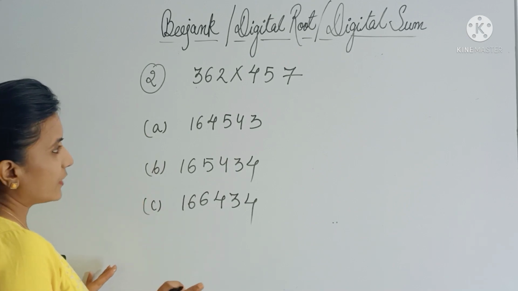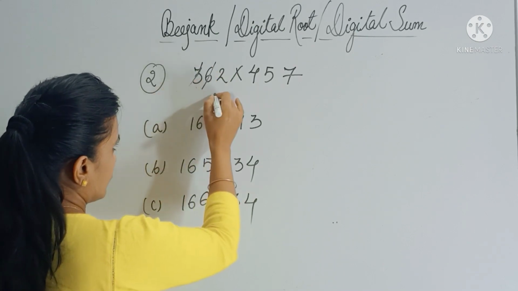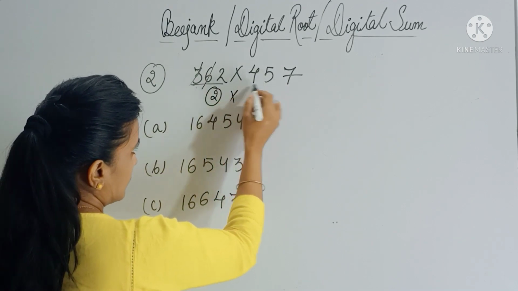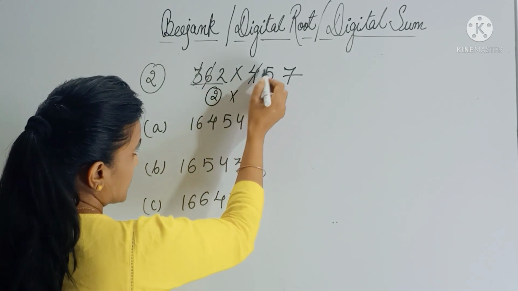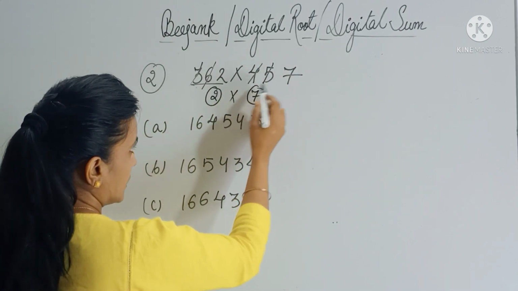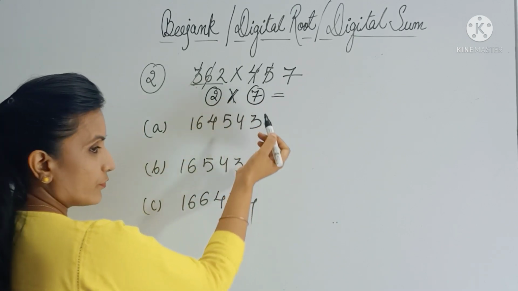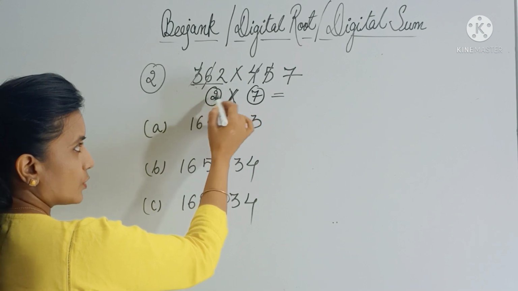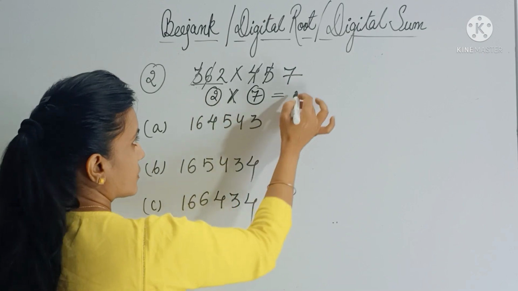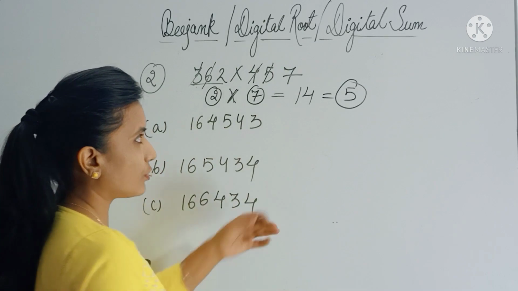So here let's first calculate the digital root of the question. So here 6 plus 3 you can strike off. So 2 is the digital root of this number. Multiply. Now here 4 plus 5 gives you 9. So strike off this. And 7 is the digital root of this number. Now 2 multiply 7. Whatever operation you have here, you will perform that only. In case if you have plus, you will add these two. So here we are multiplying, so we will multiply these two. So 2 sevens are 14. So 1 plus 4 is 5, right? So 5 is the digital root of your question.